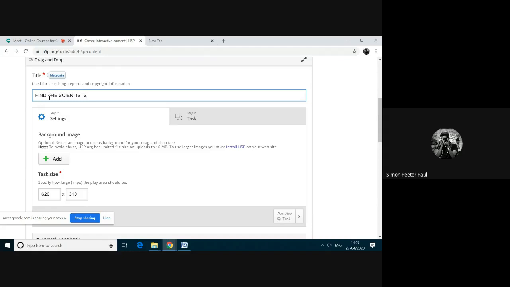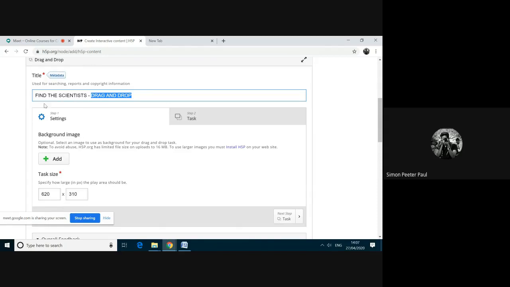For my reference, I am giving drag and drop, so I am telling everyone to add this tool name along with the title for our reference. Right now we had some confusion between the drag and drop and drag the words. Drag and drop is entirely different from drag the words.